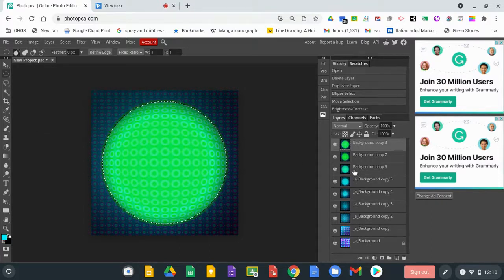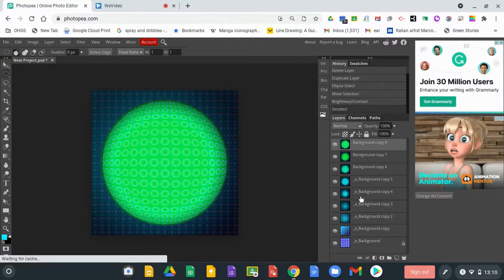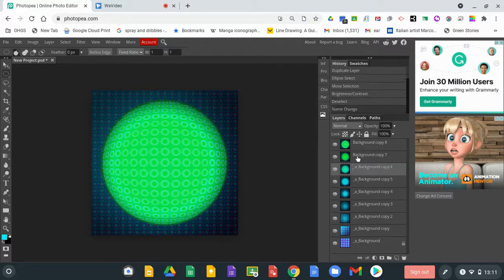So once you've got all of your layers, you need to make sure that they're in order, that they will animate in this order. So you need to make sure they're in the right order. So move them about if they're not. You need to then apply a command to each layer to tell Photopea that it's an animation layer. So to do that, you just double click on the name of the layer and then do an _a